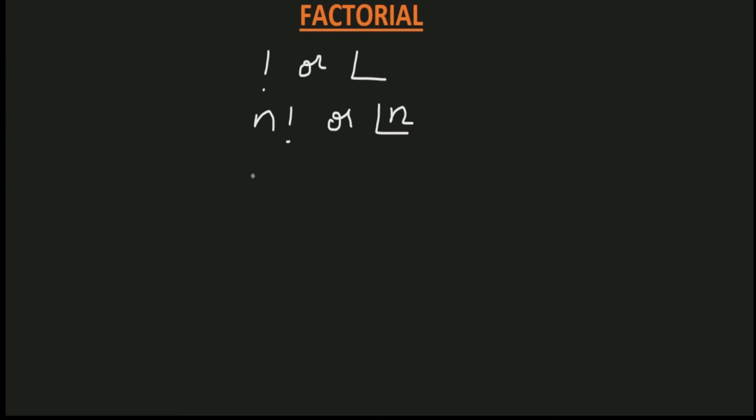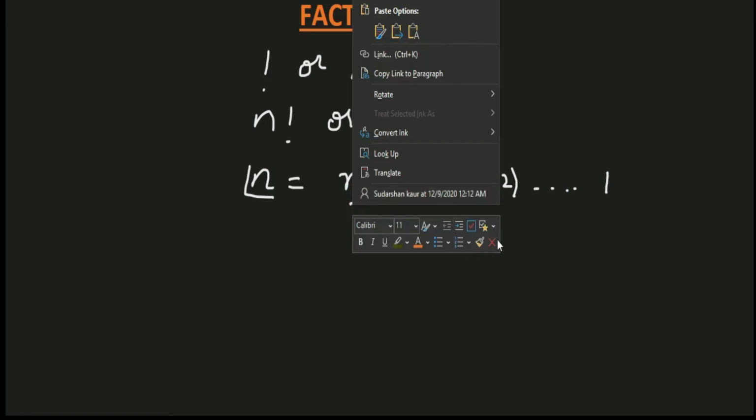So if n is a given positive integer, then what is its factorial? What is its definition? It is nothing but the product of a given positive integer. The given positive integer is n, and this is multiplied with lesser positive integers. The lesser positive integers of n are n minus 1, n minus 2 and so on till 1. So it is the product of the given positive integer by lesser positive integers till 1.